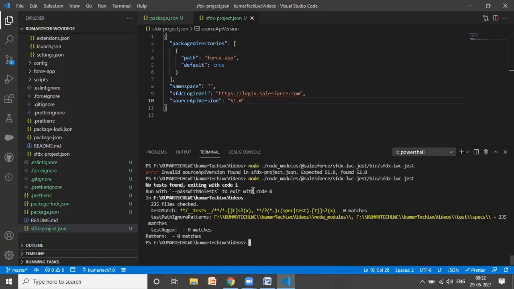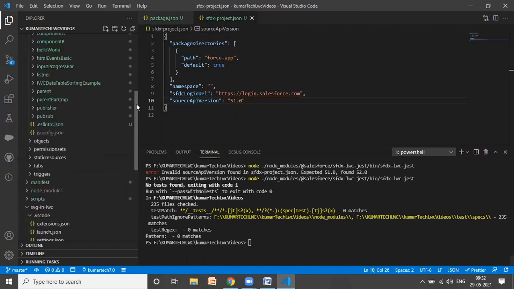Done. So they probably checked 235 files, zero test, zero pattern. Means till now they didn't find any testing file. So now I'm going to include a file for test. Now what I will do,